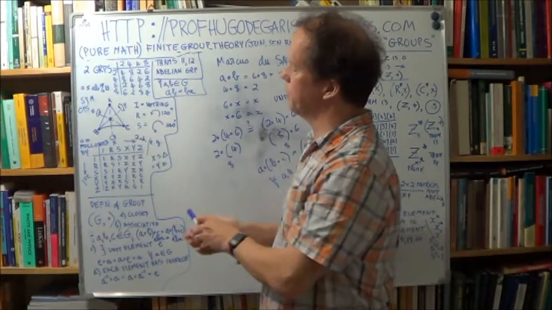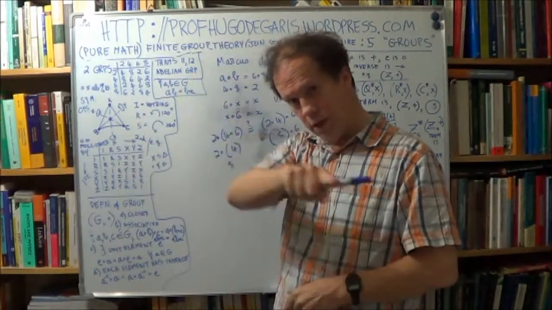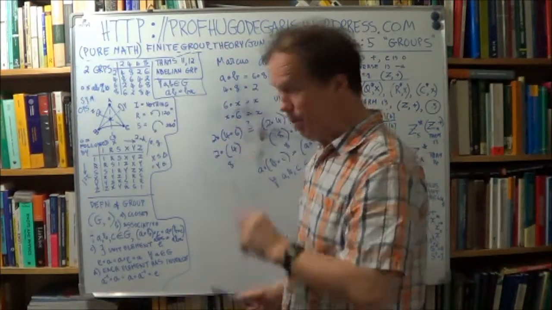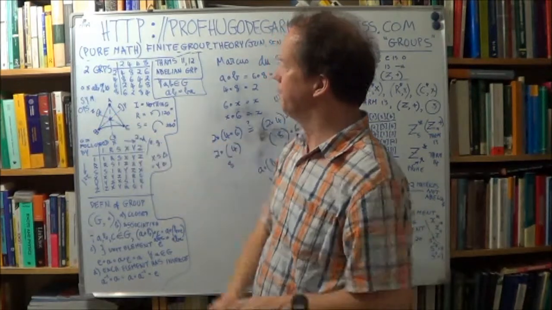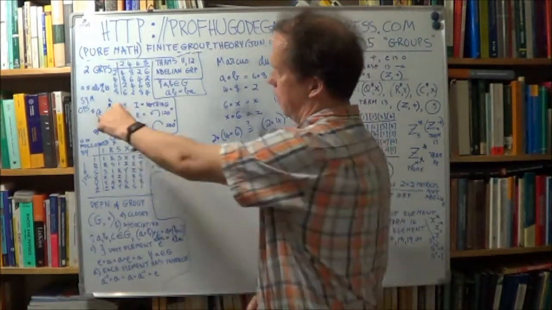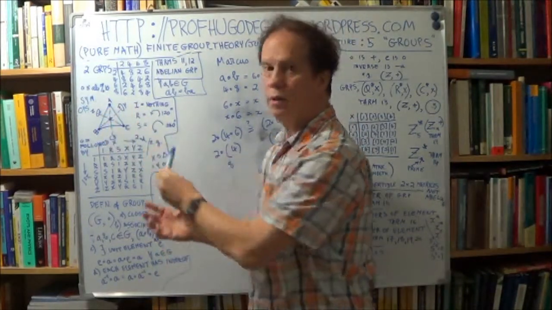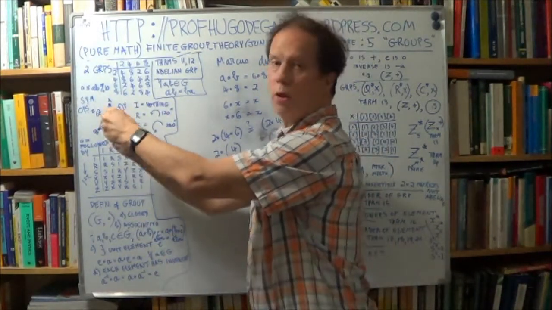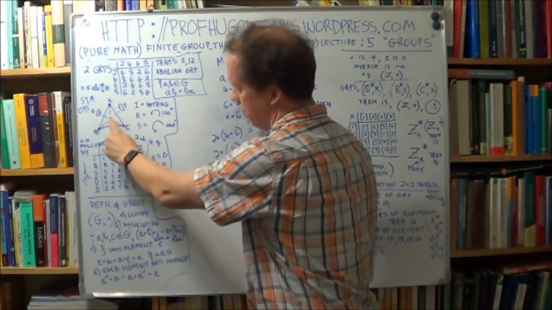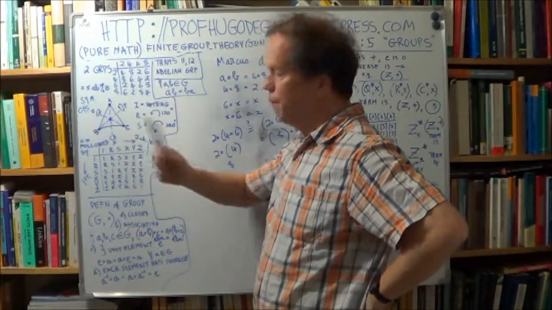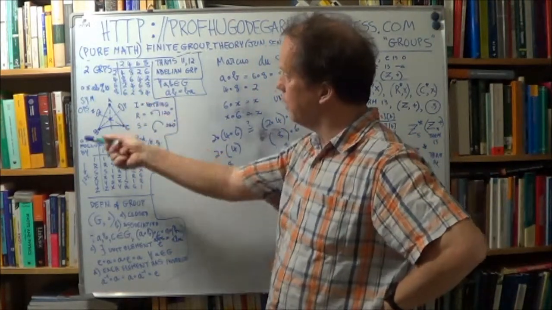Well, for example, take this equilateral triangle. In other words, the three sides are equal length. That's important. And this is the centroid of the triangle. And relative to this centroid, we can rotate this triangle. Let's say we rotate it anti-clockwise. So if I rotate that triangle about this centroid by 120 degrees anti-clockwise,